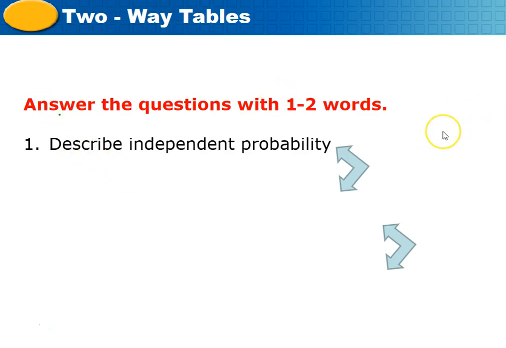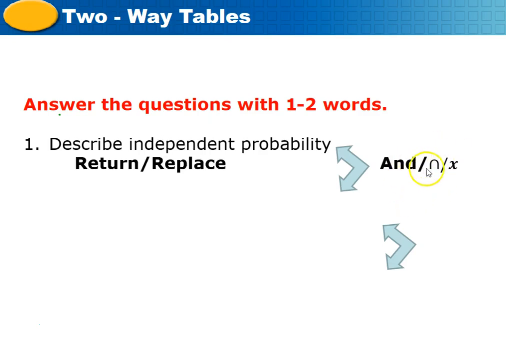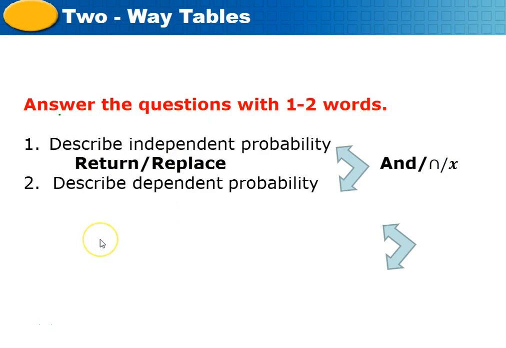Describe independent probability. Think a minute. So this is and statements. When we have the and symbol, we're going to multiply. We would return or replace here. So now let's think about dependent probability. When we talk about dependent probability, that's when we're going to keep something. Again, these are and statements where we have the and symbol and we're going to multiply the two probabilities